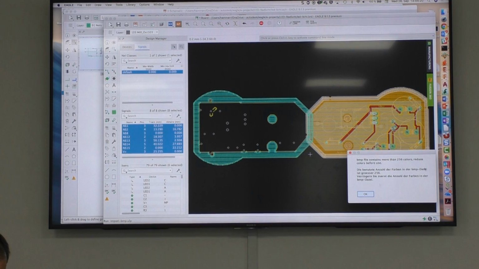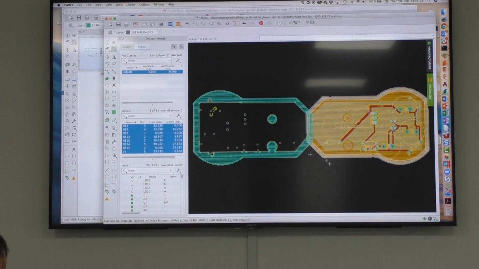Yes, that's the problem. More than 6 colors. If you have black and white, you can decide about the size. You can scale it in the ULP. And the problem with bitmap is that you have pixels. And we try to optimize and say if pixels are in a row, we make a line of it. But you get